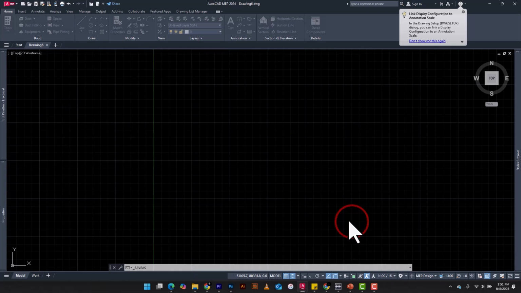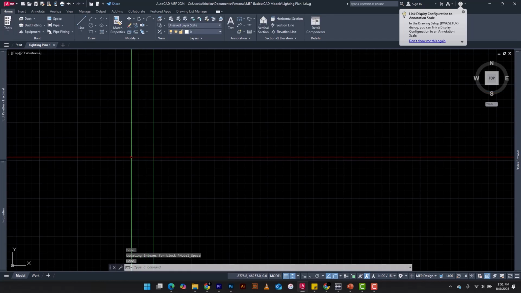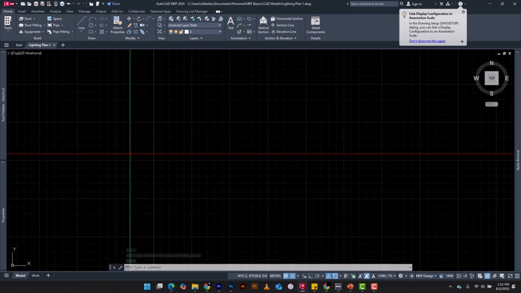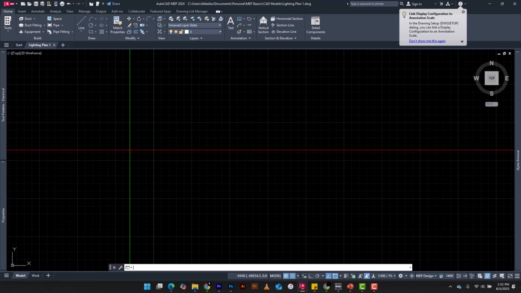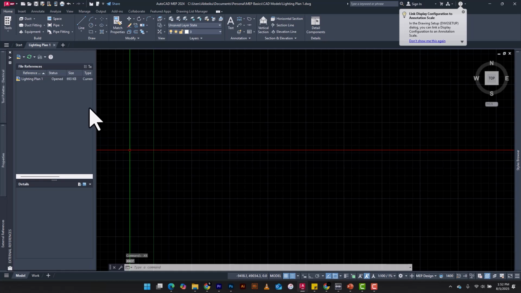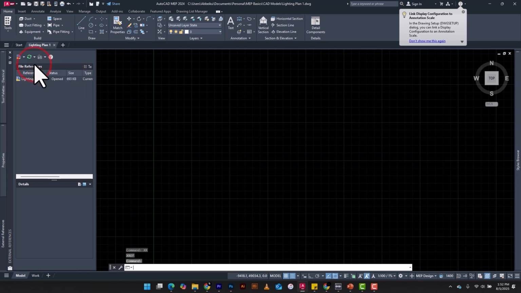Okay. The next thing we have to do is to make sure that we attach the architectural model as an external reference. Again, there's a video on how to do this in detail, so you can go back and watch that video. So I'm going to type XR, enter. Okay, and this should open the external reference palette. What I'll do is to just come to this place, look at the drop down, and then select DWG,